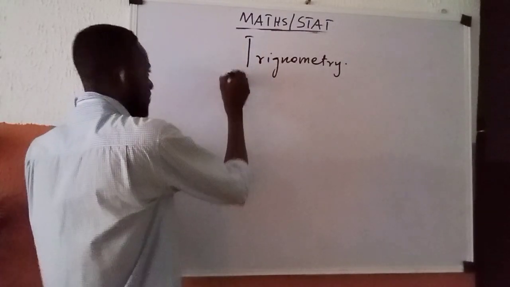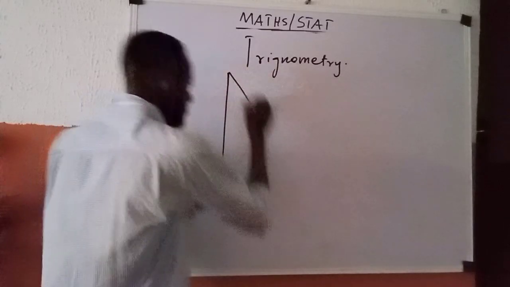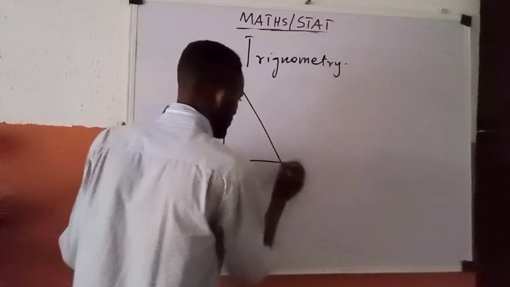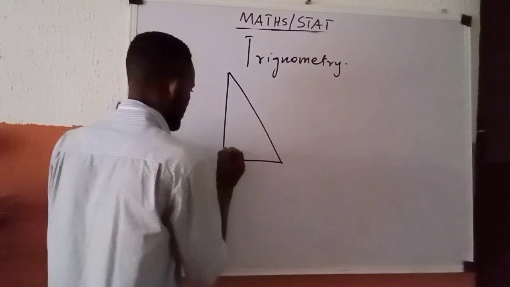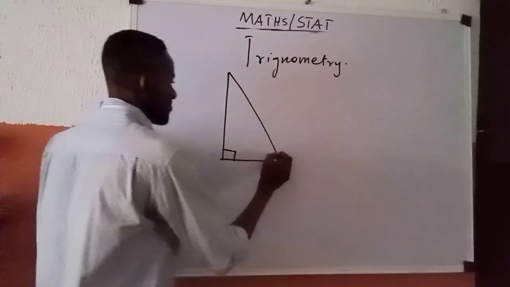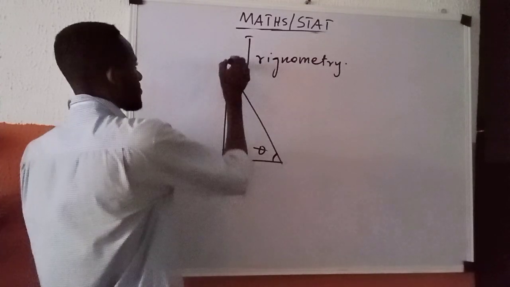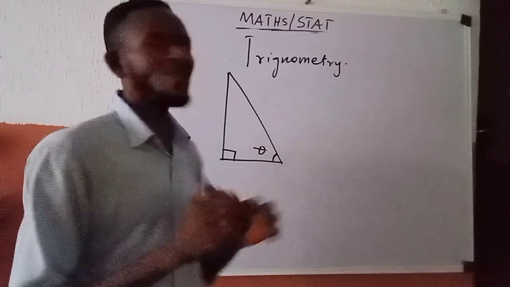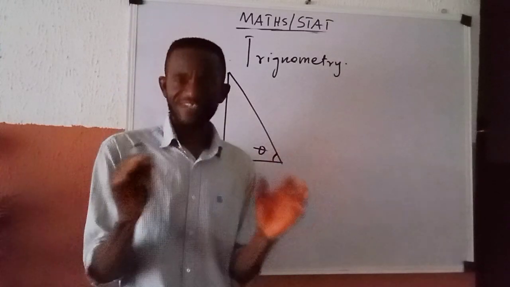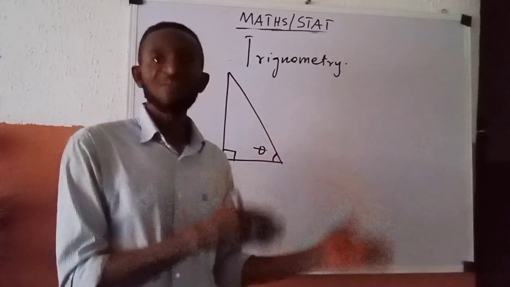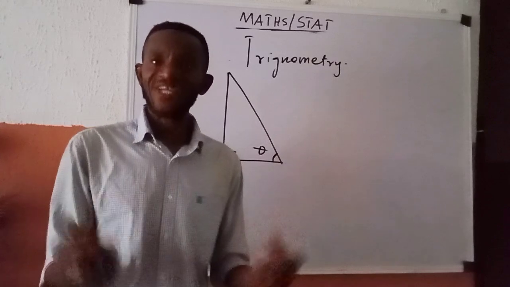It can be drawn this way. And I first of all want us to understand, by way of definition, what a right angled triangle